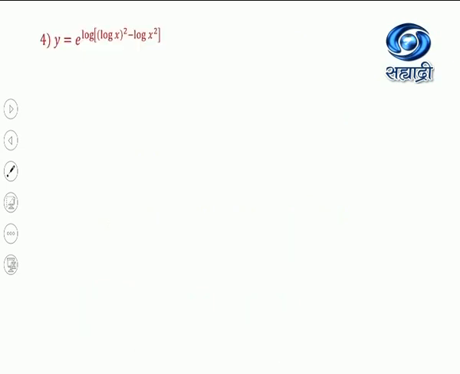Now our next example is y equal to e to the power (log x)² minus log of x². Now see the difference between these two terms. This is the square of log x and this is log of x square. Now what do you think about this? Here the base is e. So we write our next step as this, (log x)² minus log of x²,